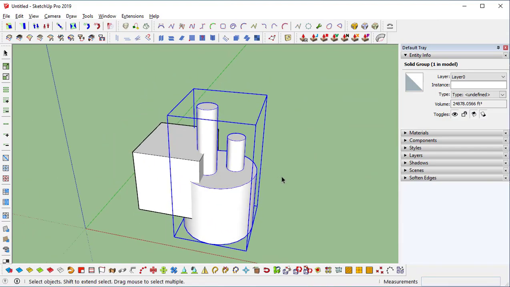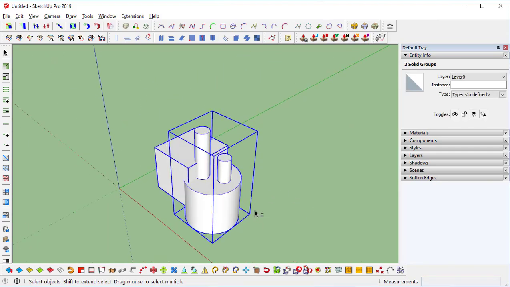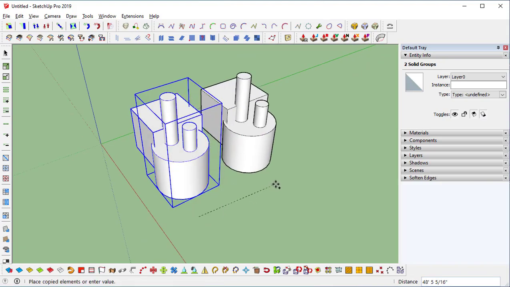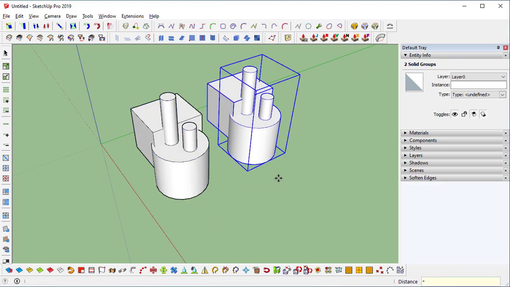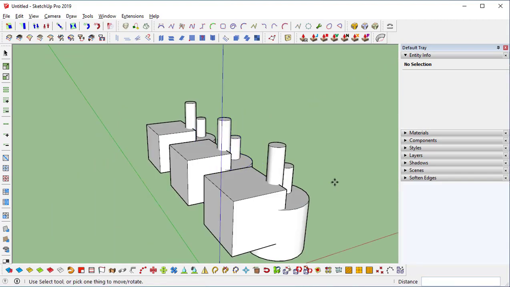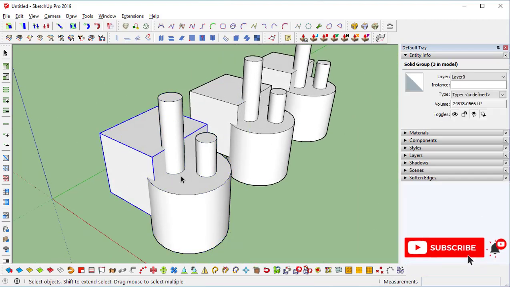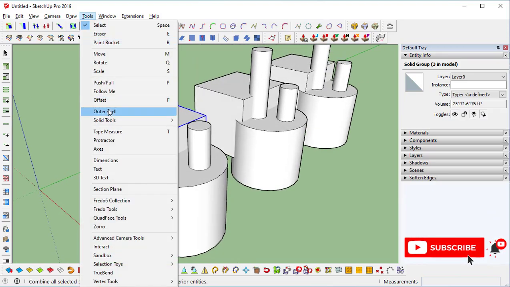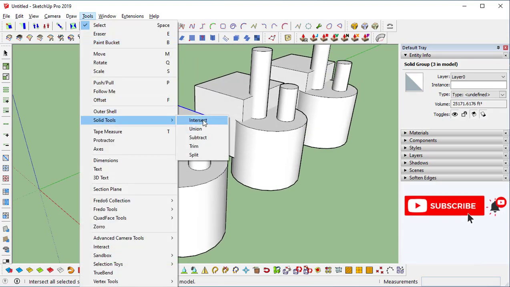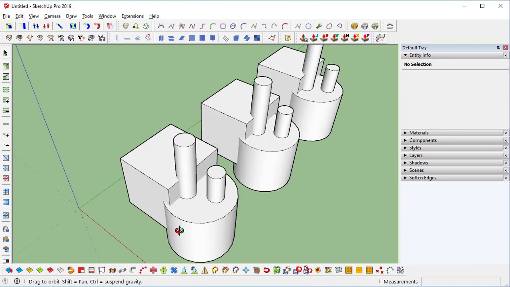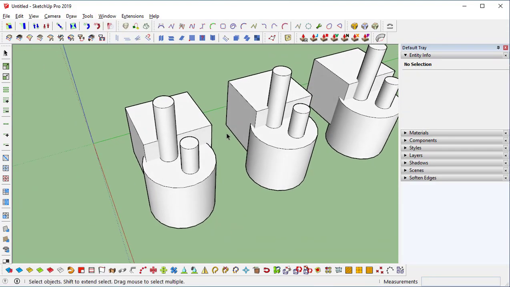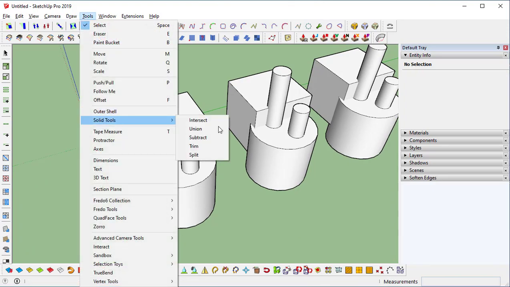Now I will press M, Control, X2. I have created two copies. Okay, this is solid 1, solid 2, like that. In solid tools, first we will see intersect and union. You know what intersect is already. In both of these options, selection is flexible: in union or intersection you can do it both ways.